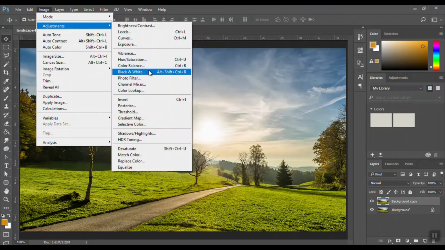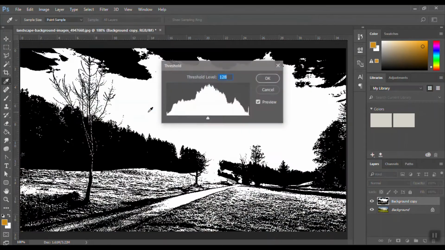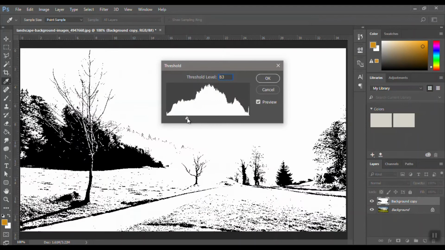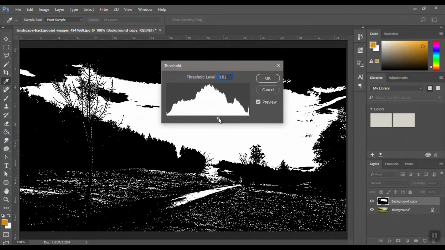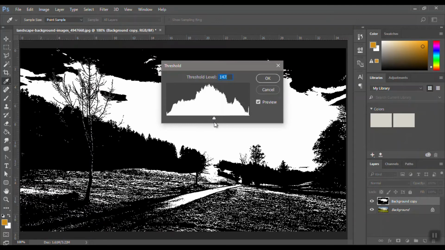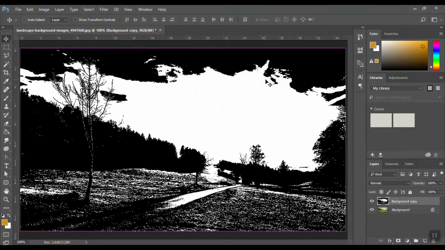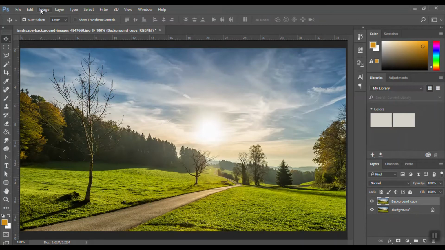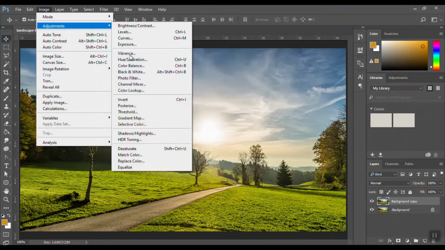Now we'll go to threshold. It's similar. It converts it to black and white, and then you can adjust the threshold of the black and white. When you're happy, okay. Image adjustments,